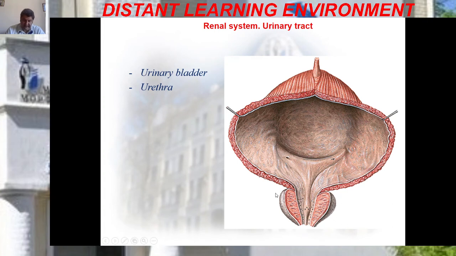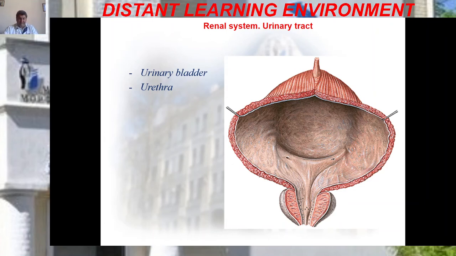You may see the prostate gland in male here. The superior surface of the bladder is related to the intestinal loops in males and to the anterior surface of the uterus in females. When the bladder is distended by urine, its upper part rises and becomes rounded, protruding above the pubis and pulling upward the peritoneum reflected onto it from the anterior abdominal wall. The walls of a distended urinary bladder can therefore be punctured through the anterior abdominal wall without involving the peritoneum.